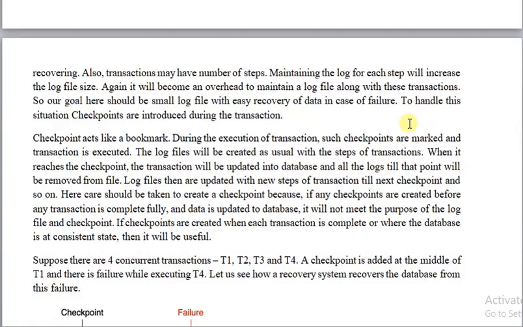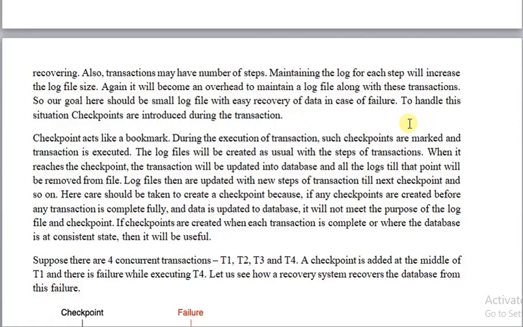During the execution of the transaction, such checkpoints are created and the transaction is executed. The log files are created as usual with every step of the transaction. When the transaction reaches a checkpoint, all the log files up to the checkpoint will be removed from the computer. Log files are then updated with new steps of the transaction till the next checkpoint, and so on.